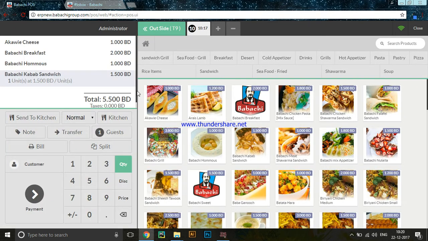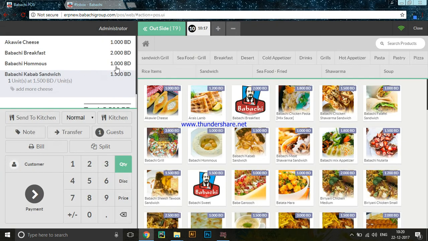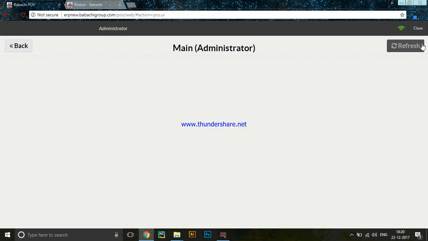So that is the order placing in the kitchen section, and there are some other features, like we can add a note like add more cheese. So it will add a note to this section, and when we send it to the kitchen, we can go to the kitchen view, and when we look,